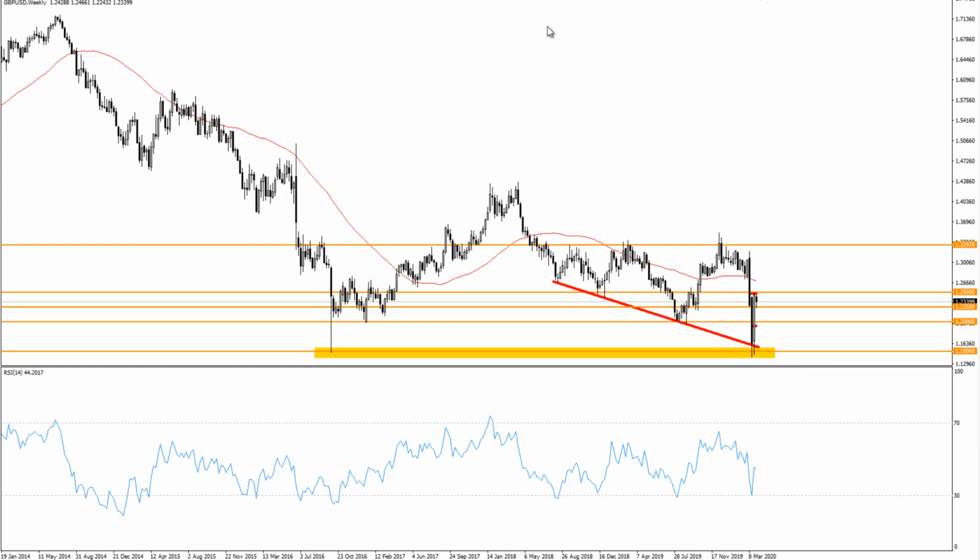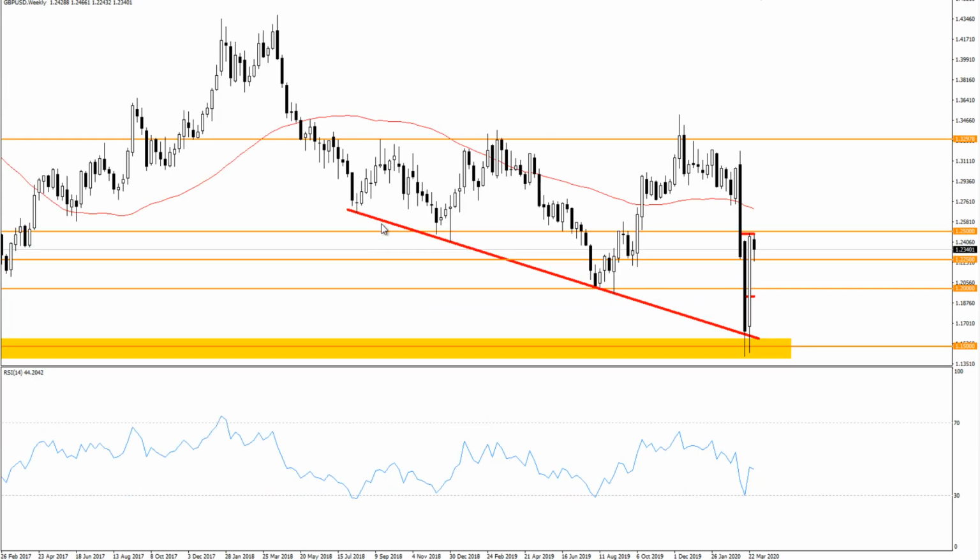But from what we can see so far, this downsloping trend line through the lows and the fact that we seem to be just about holding on to the 30 level on a weekly RSI, to me would suggest that actually there's a good chance we've put in a base for now. And again, it's a story of potentially a new period of dollar weakness, because that really